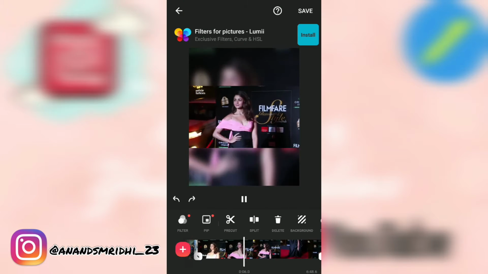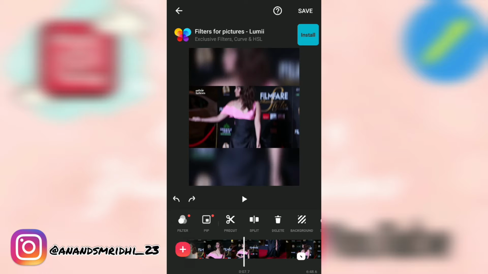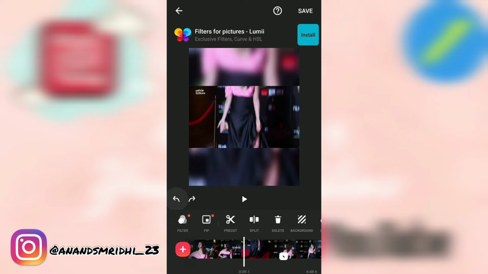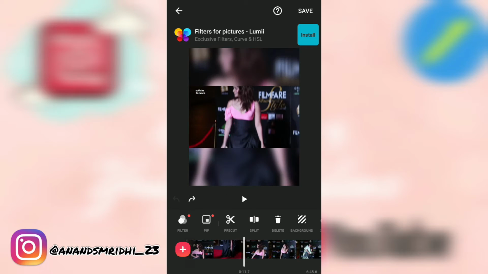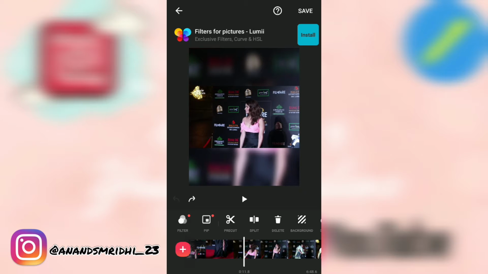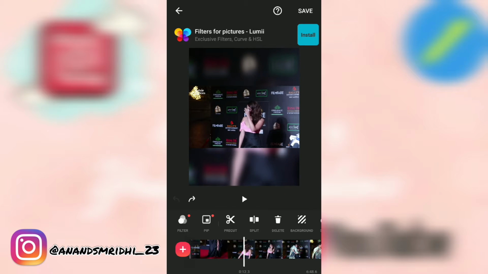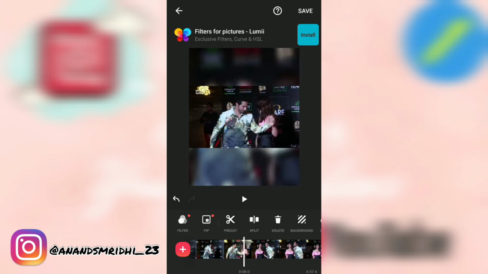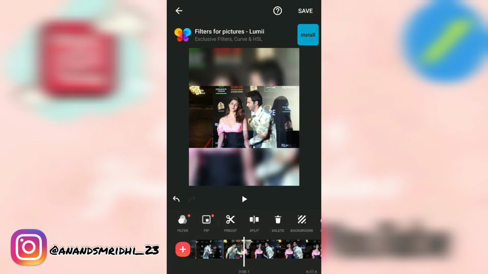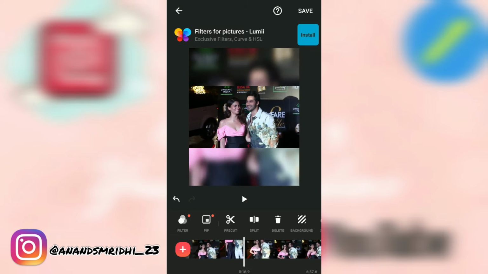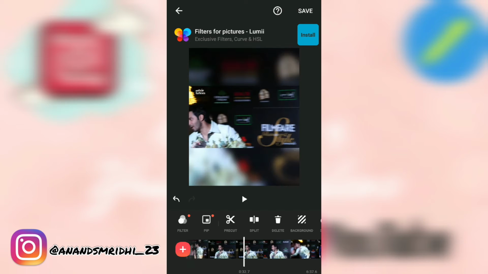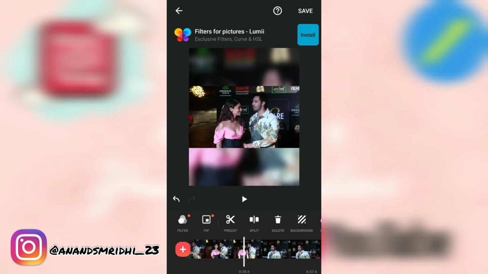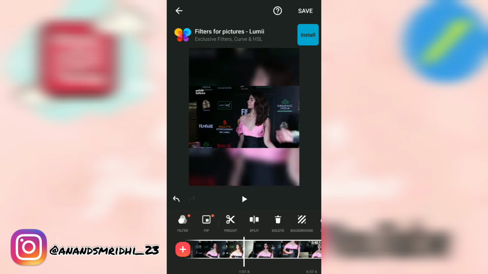So now let me tell you how I trim or split my videos. First, I'll be selecting the part that I want to remove from the video, and then I'm gonna split it by clicking on the split button given right next to pre-cut. Then you need to select the unwanted clip and click on the delete button. So this is the first step that I do while editing my videos. I check all the clips and remove the unwanted parts.